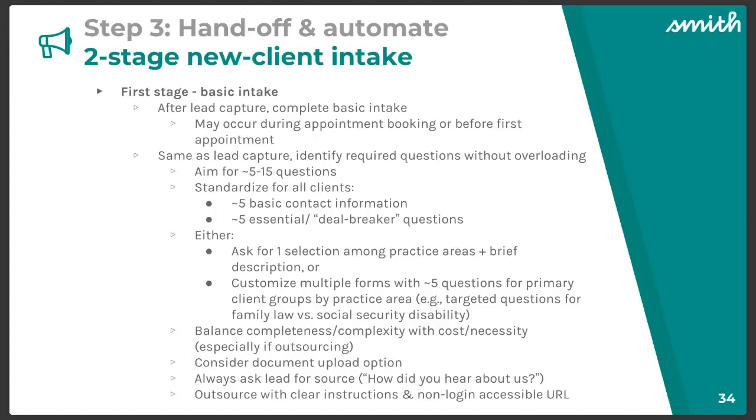So, the first 5 questions are going to be basic contact information. And then the next 5 questions are deal breaker questions. So,